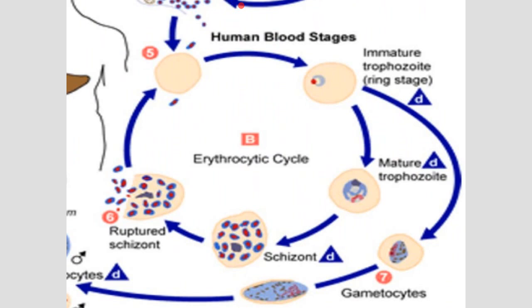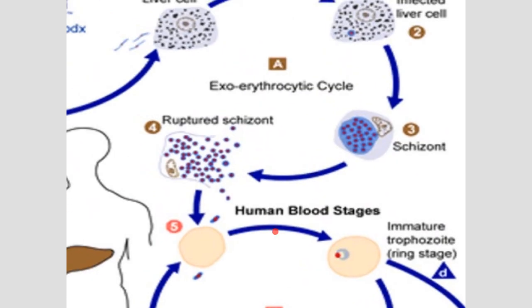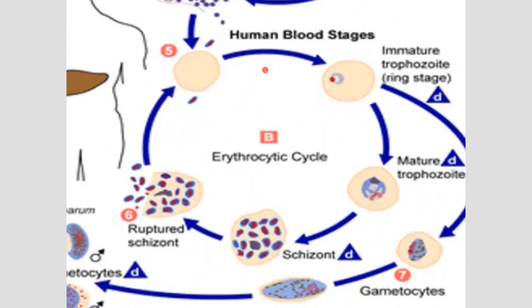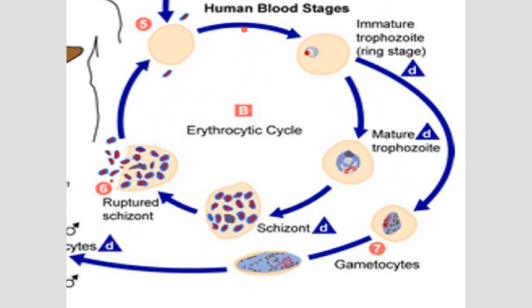And if you pay attention over here, I don't know whether I mentioned it or not. Let me go back a little bit. Okay, so you will see there were two triangles I showed in the beginning: infective stage and diagnostic stage, right? So sometimes you are infected, but we cannot find it out. There's no test for you. But now, when it goes to the blood or erythrocyte stage, then you see D. So this means now we have means to diagnose them.